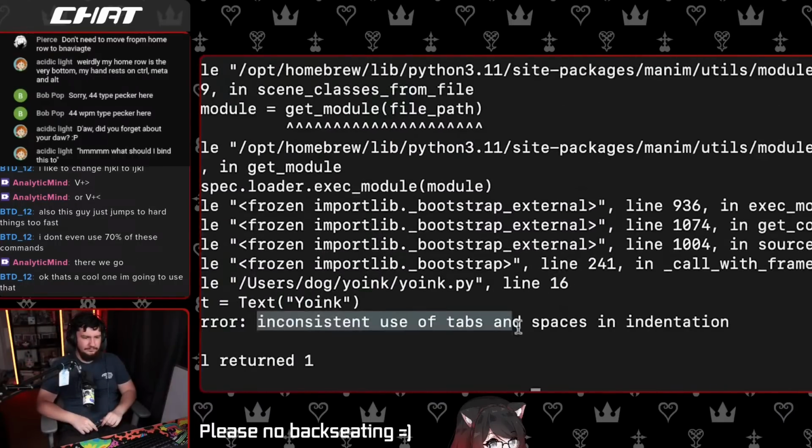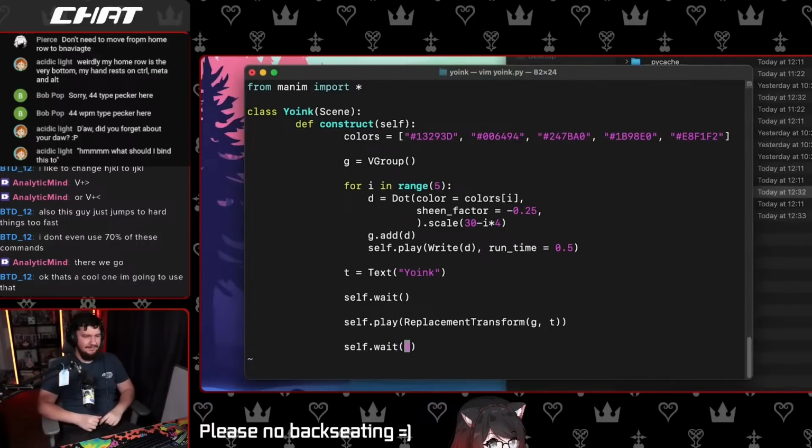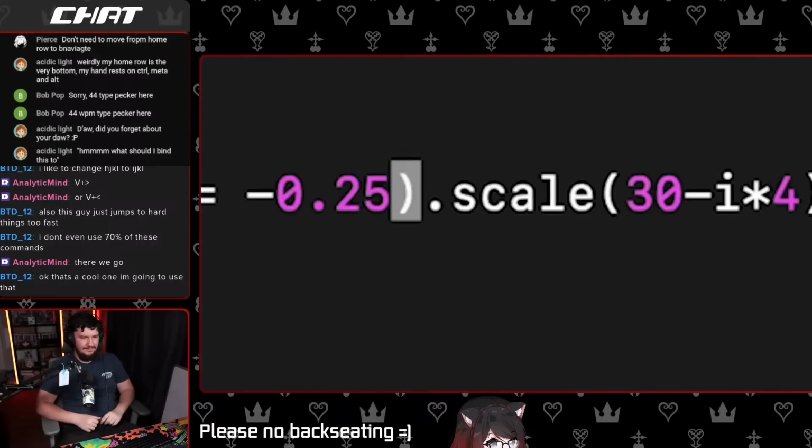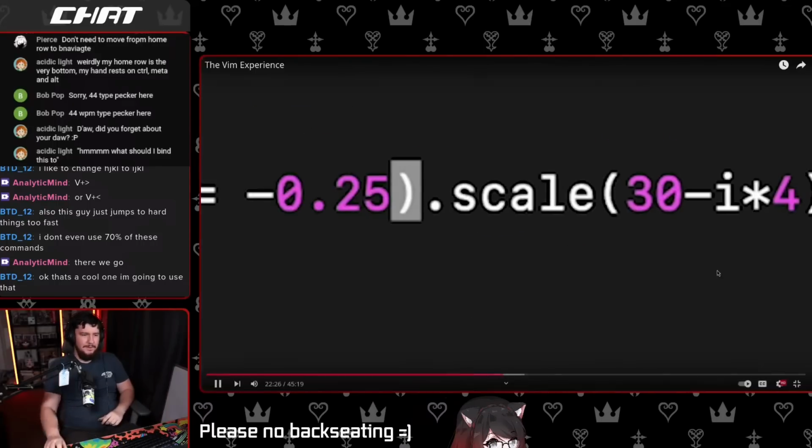Oh, inconsistent use of tabs and spaces in indentation. Whoops. So there is an error here somewhere. Is there something wrong here? Oh, there was an unnecessary comma here. Okay, no, does it...